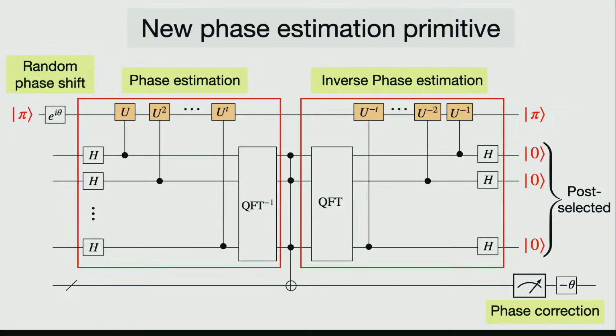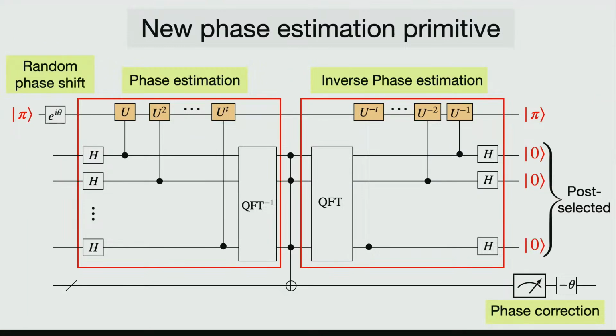The idea is to study a new variant of phase estimation that gives you a much nicer guarantee on the output. But let me explain what this new phase estimation primitive is doing. Again, you start from the quantum Gibbs state, but first you sample uniformly at random a phase shift that you apply on this state before starting the quantum phase estimation. Then you do phase estimation as before, but instead of measuring the output, you copy it to a new set of